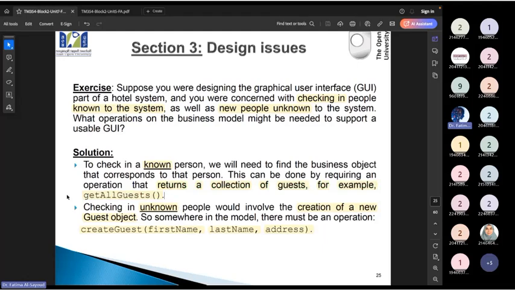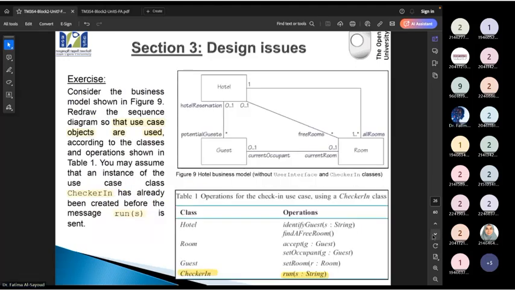طيب, let's assume we don't have this guest. I have a new guest. What am I going to do? I need to create an object من نوع الجست. كيف نعمل create إلى الأوبجكت من النوع الجست؟ I'm going to say create الجست and I'm going to send all the arguments necessary for creating this object مثل الاسم الأول, الاسم الثاني والaddress in this case.